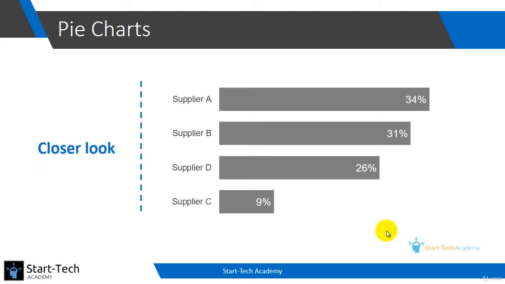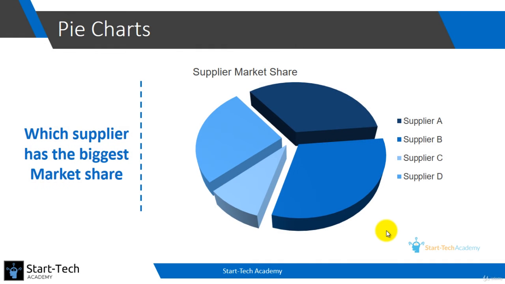Do you notice the difference? The same information which we depicted using that pie chart is depicted here, and it is very clear and efficient. You can see that supplier A is actually the biggest supplier instead of supplier B. When you look at this 3D version of a pie chart, one of the issues in a 3D version is that to make it look 3D, this part is made smaller to make it look farther. In fact, this slice of the pie is larger than this slice of the pie.